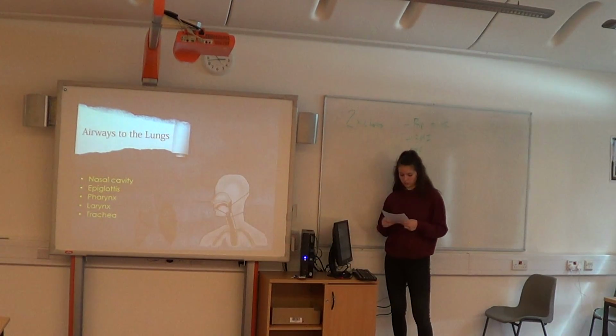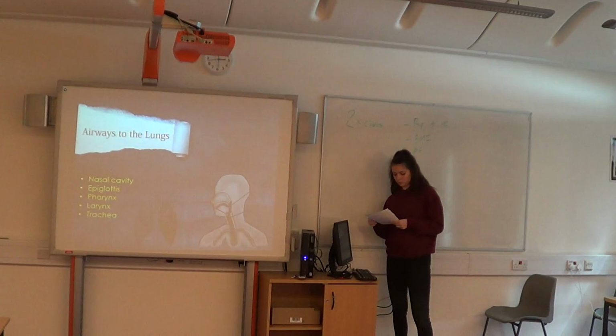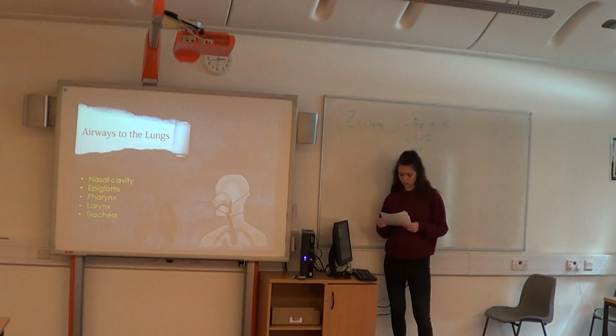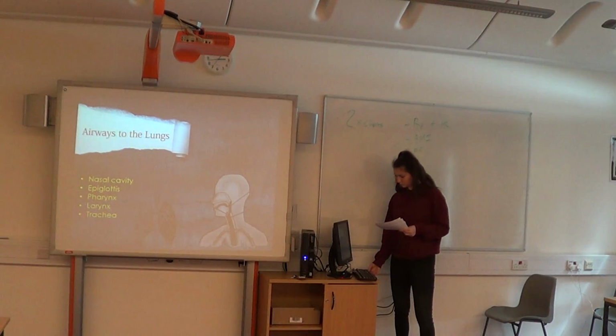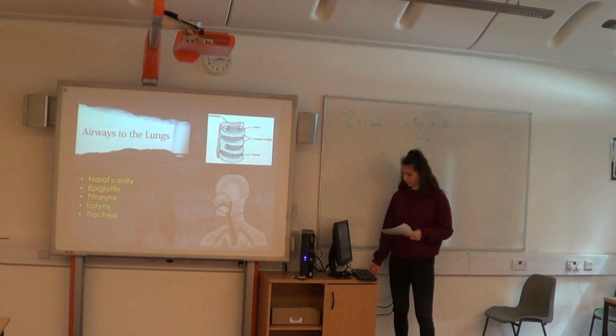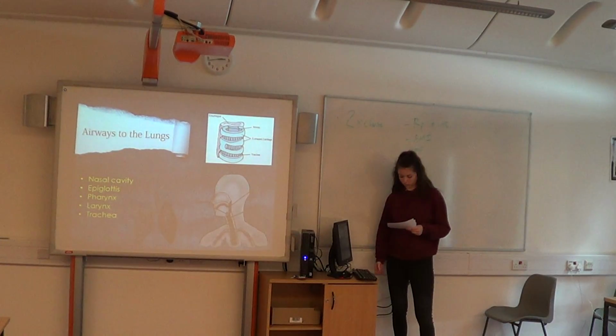Then we've got the trachea, which descends from the larynx to the neck, and it ends by splitting into two main bronchi. It's flexible and mobile due to the C-shaped rings of cartilage that surround it, meaning that it can guide air into the lungs and prevent collapse. So that's just the structure, and the structure of the trachea is very similar in the bronchus and bronchioles as